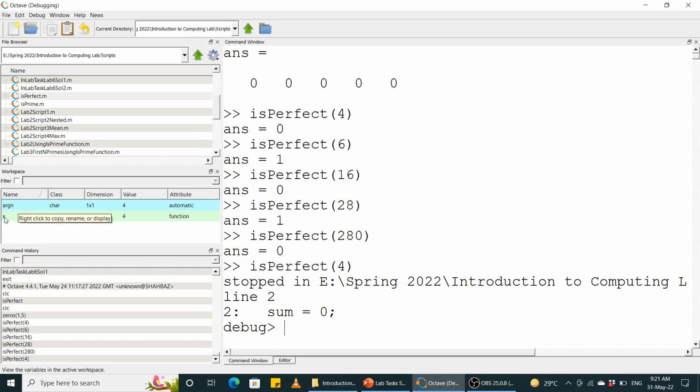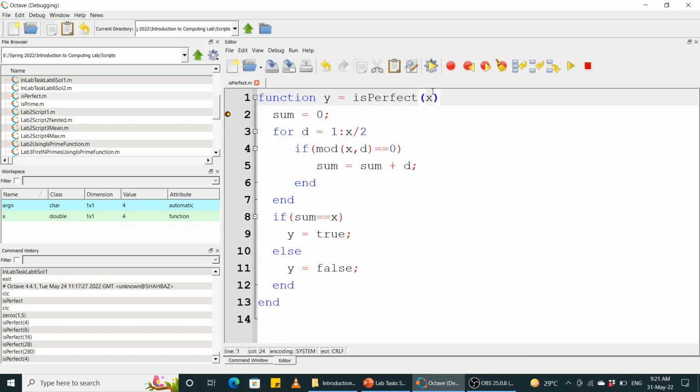If we have time, maybe we'll talk about it in some other session, but right now focus on this one. So the input that you provided here is copied into the variable x, जो कि आपने स्पेसिफाई किया था कि इनपुट मेरे पास इस फंक्शन में x की सूरत में आएगी. ठीक है, तो वो x में कॉपी होगी। Now x holds the input value which is 4, ठीक है।